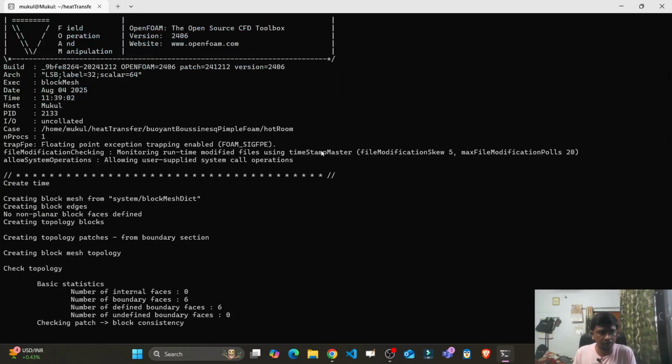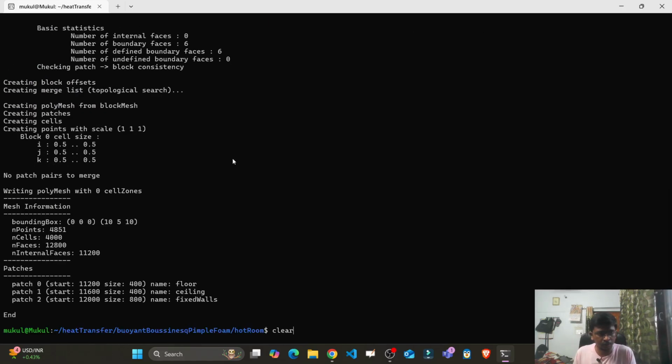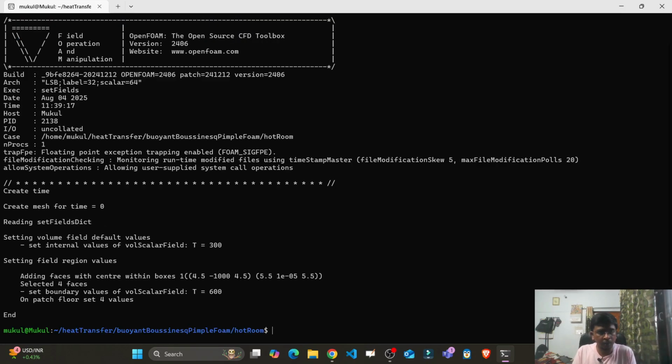Okay, you can see that the mesh has been made with no error. I'll clear the terminal. All right, then I will just run setFields. Okay, everything is set. Now I will again clear the terminal and run this,